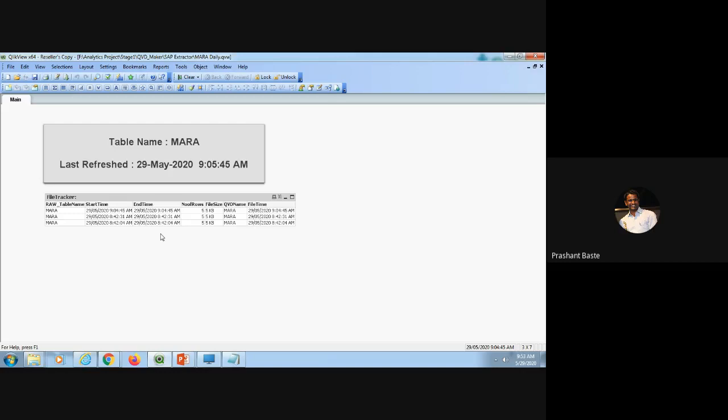Let's say usually my table takes 2 minutes to extract, or 10 minutes, and on a sudden day it completes its extraction either within a minute or it takes long hours. Then you are not sure about the issue. From this tracker, you'll be able to identify whether these things are going on properly.